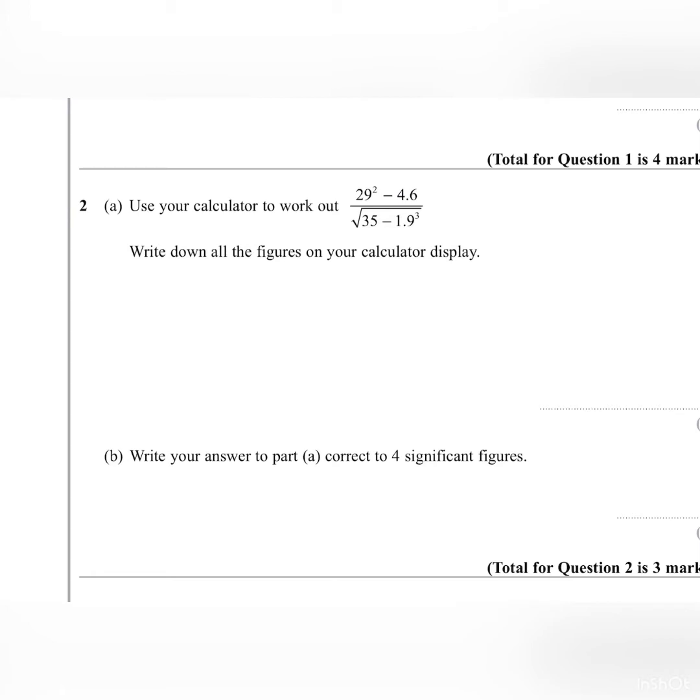I would start this question by opening up a fractions button on your calculator and then putting in 29 squared, take away 4.6, and then scroll down to the denominator part and open up the square root button and type in 35 minus 1.9 cubed and press equals, and you should get